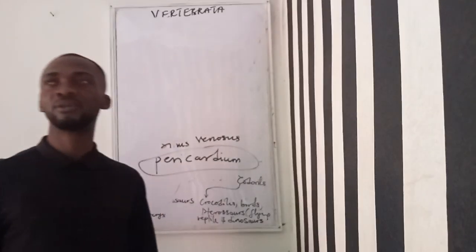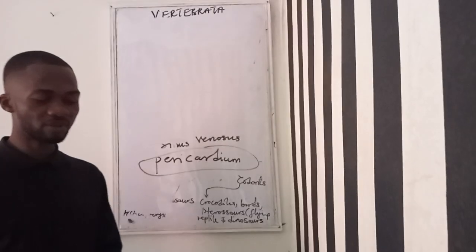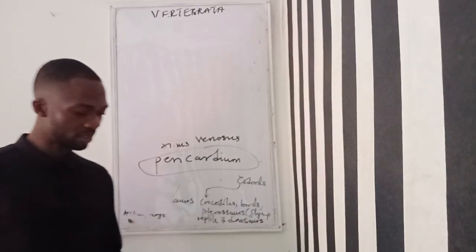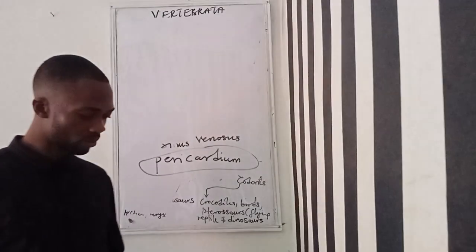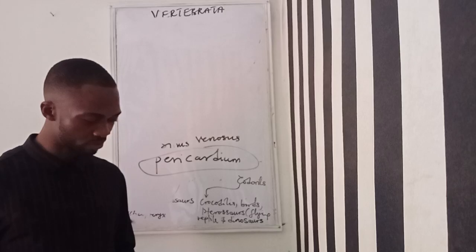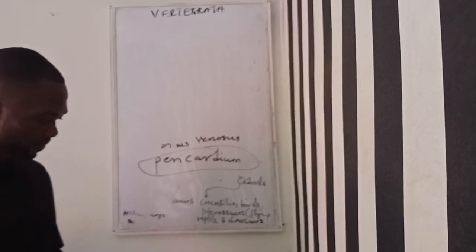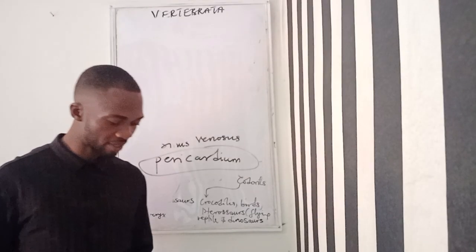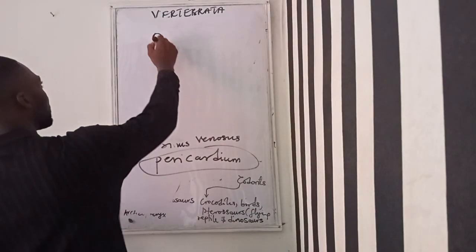The heart of aves is 4-chambered, just like mammals. They have different types of feathers. They have the quill feather, the covert feather or contour feather, the plume, the down feather. Then it's important you note these different parts of the quill feather. The quill or calamus, note it. Then rachis or shaft, note it.